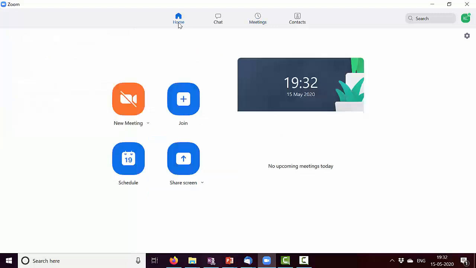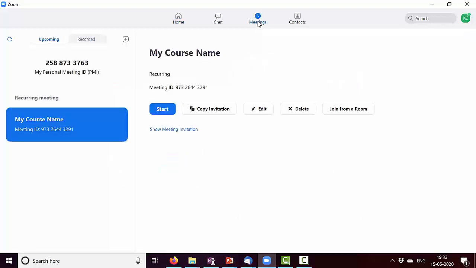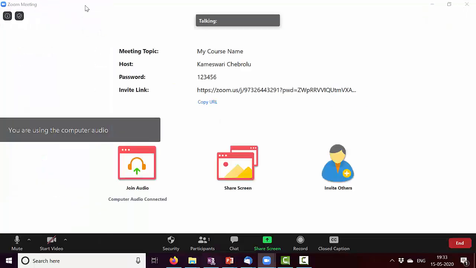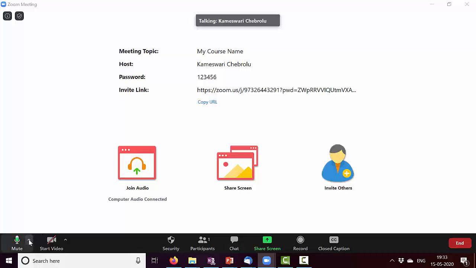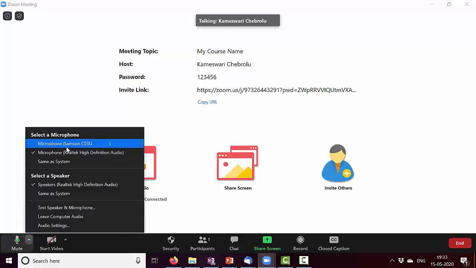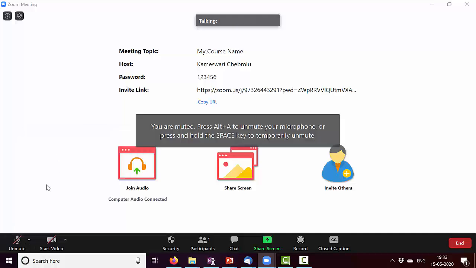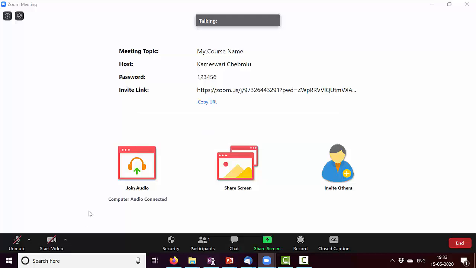So let's go back to home. Once you schedule, when the designated time comes, you just need to click on meetings and then start, and the meeting will start. So let's do that. It takes you to an interface like this. Here also you have more control. You can select your microphone. You can mute it as well by clicking on it. It has muted my audio. Since we selected no video during the setup, it has disabled this.